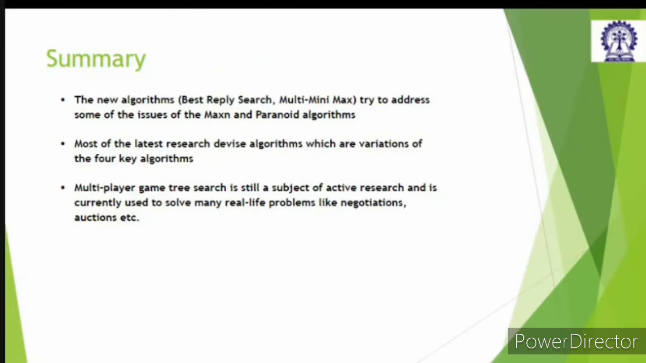In summary, I would like to discuss that multiplayer games have always been a challenge in the history of AI. They involve the prospective player searching through combinations of a certain move order which may or may not truly represent the move order of the game, and trying to predict which next move in the game would be most effective. The new algorithms try to address some of the issues of the max-n and paranoid algorithms as well. Most of the latest research is devised on these 4 key algorithms,